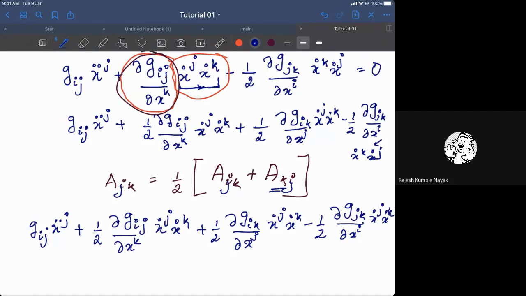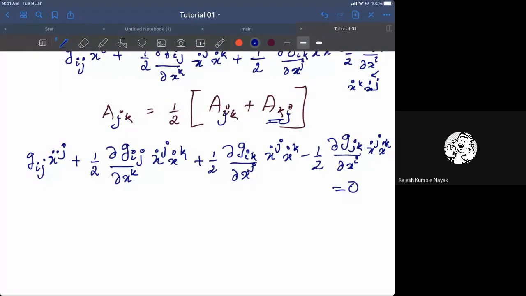Sir? Yeah. So you're doing this symmetrization because this del Gij by del xk is not symmetric. I mean this matrix is obviously not symmetric. You cannot expect a derivative of a vector with respect to another vector to be symmetric, unless in some special case or specific coordinates it might be. But in general, it is not symmetric, but we don't have to worry about the anti-symmetric part because it's not going to contribute. So we might as well symmetrize that.